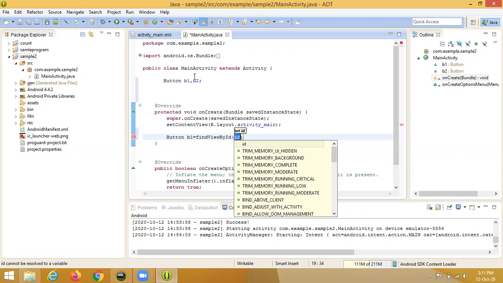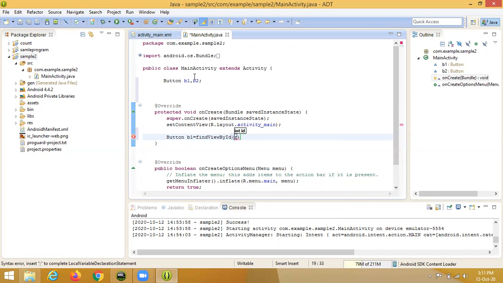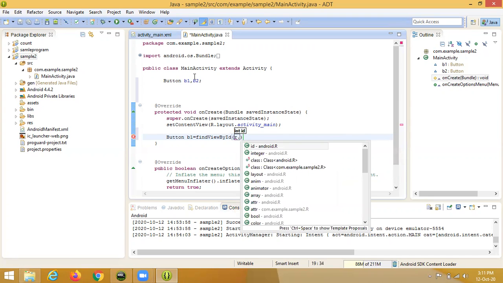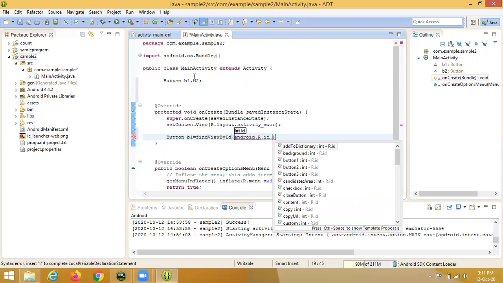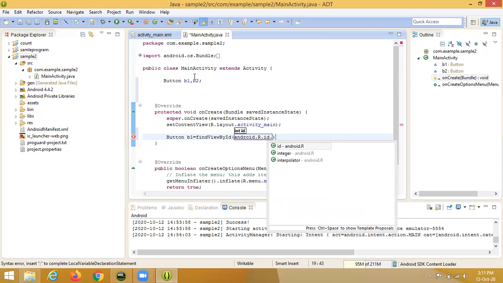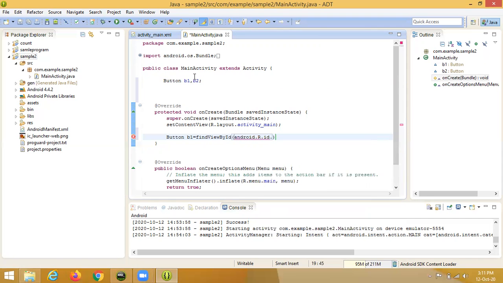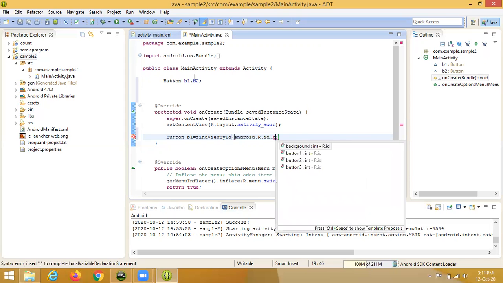When we write something, just start with 2 letters and press control plus space. It gives suggestions for what to write next. After R dot, that's the Java resource file, dot id dot button1. Select button1.